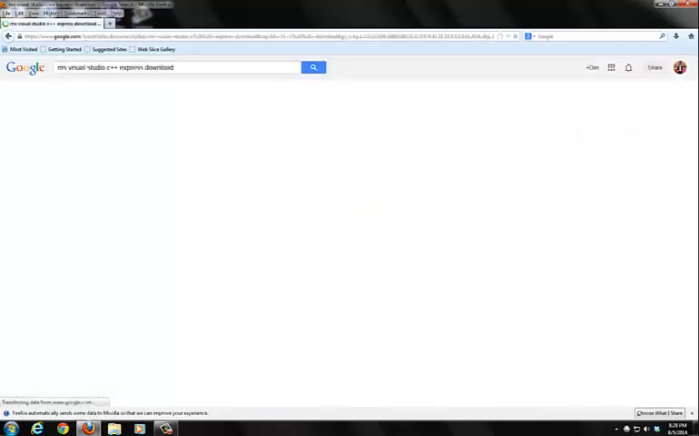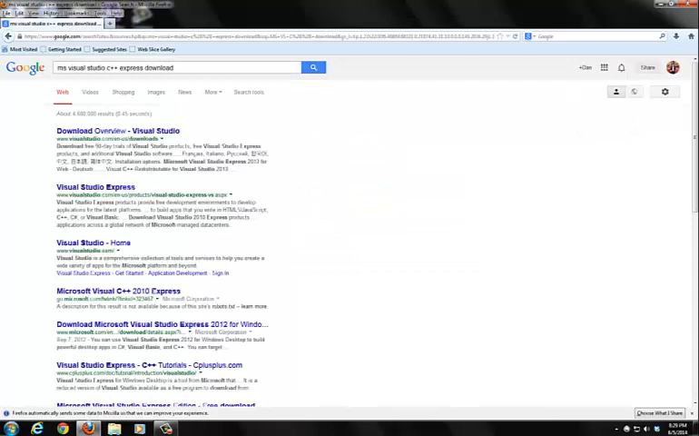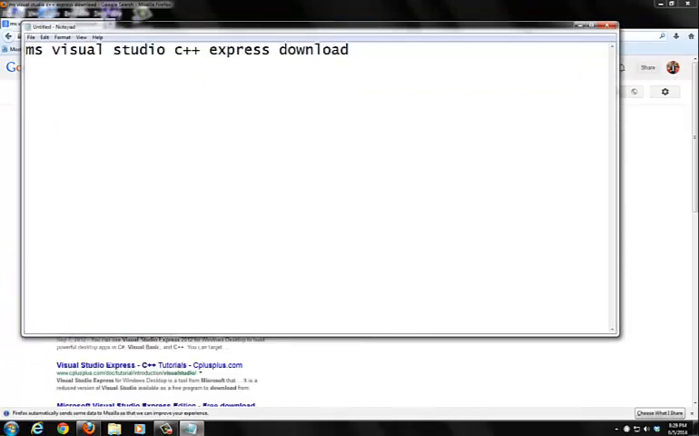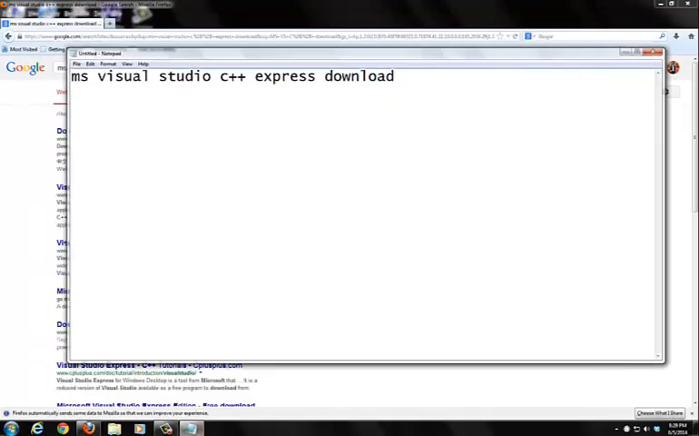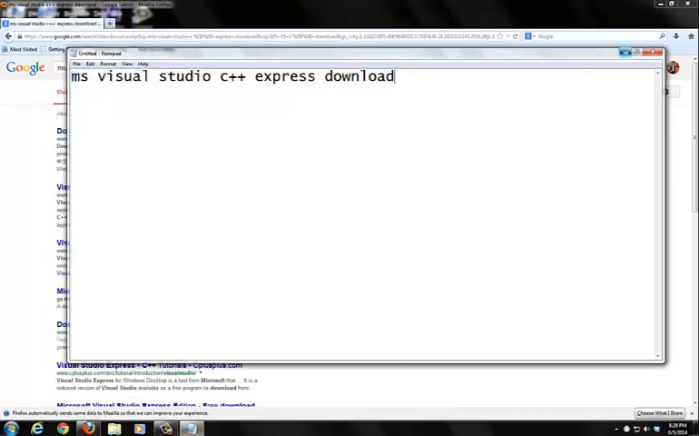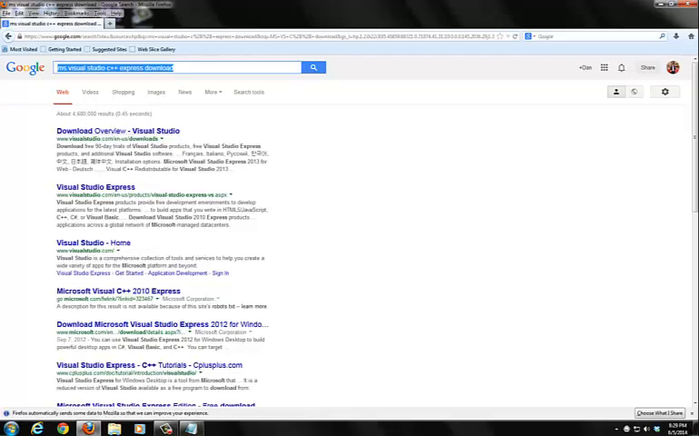So if you type in MS Visual Studio C++ Express download, and I'm just going to copy this. What I do is open up a notepad for you to see what I type in the search engine. So if you type in MS Visual Studio 2010 C++ Express download in the search engine, you will come across this. Now, one of the things I would recommend is that you look for the Microsoft website